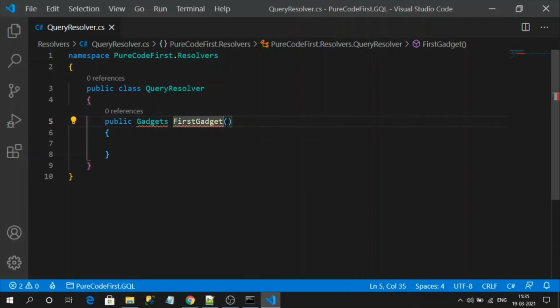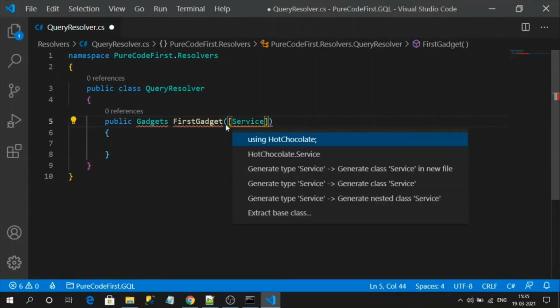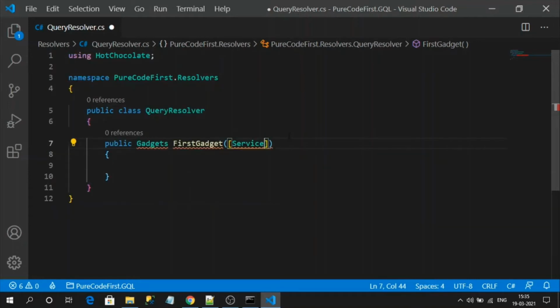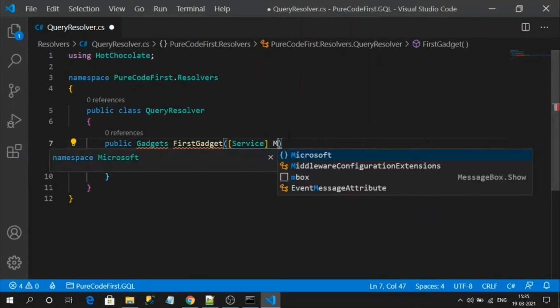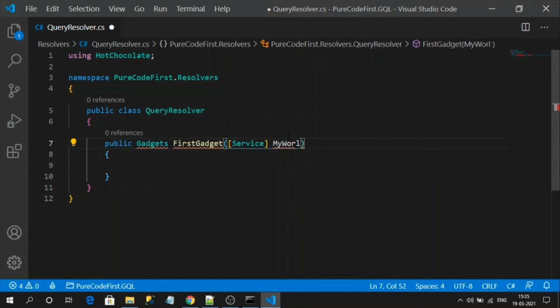To do that, here I can open these square brackets and say Service and import the namespace. See, it is from Hot Chocolate. Import the namespace, and here I can specify my DB context.